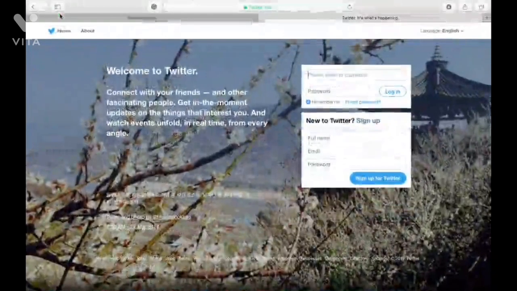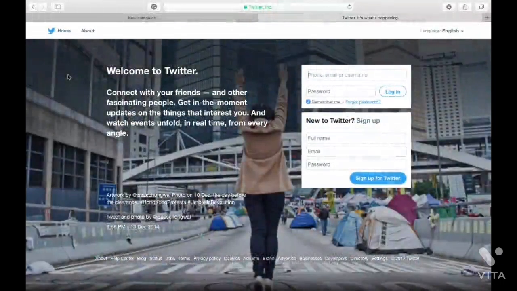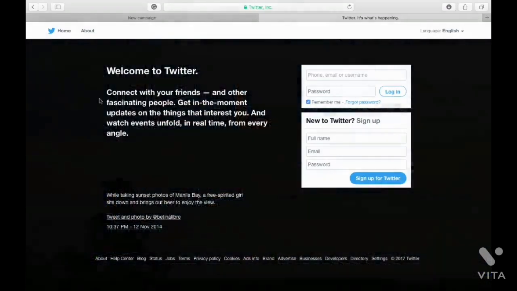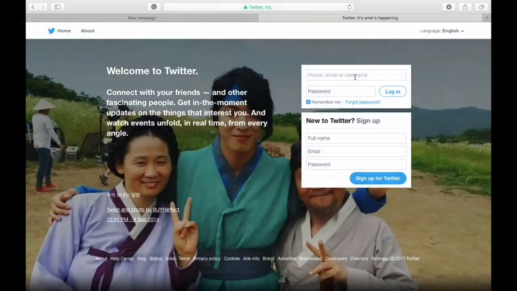In this chapter, you'll learn how to use Twitter to market your content. But first things first, you need to know how to use Twitter, which is quite simple. Type in twitter.com and you'll be directed to the login page. You need to sign up for an account if you have yet to have one. Click on the Sign Up option and sign up for an account. When you have signed up for an account, you are then required to fill in your details, such as your mobile number, your username, and your interests. You can also import your contacts through Gmail.